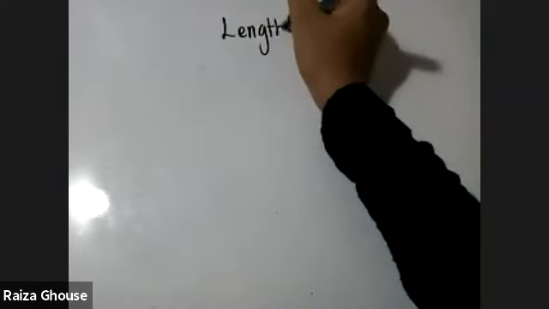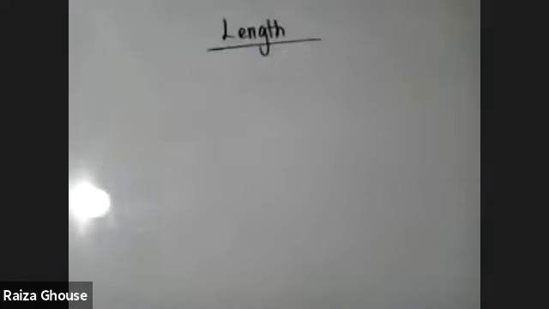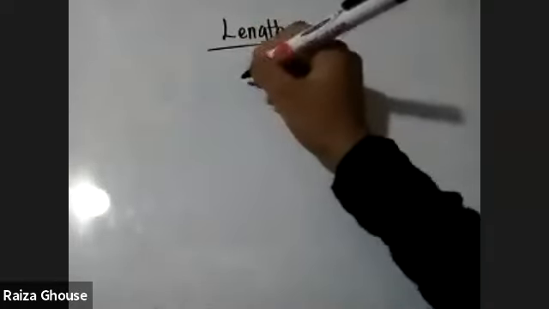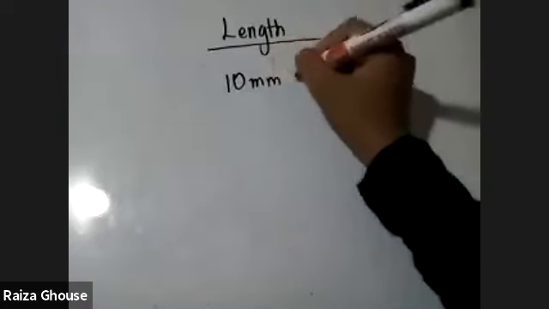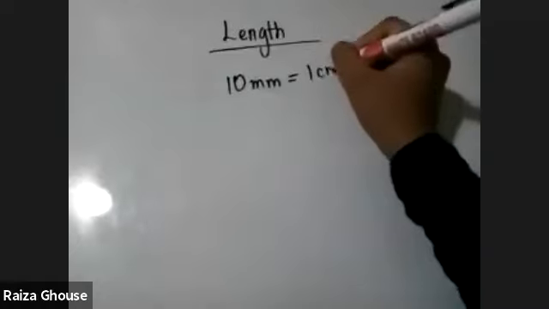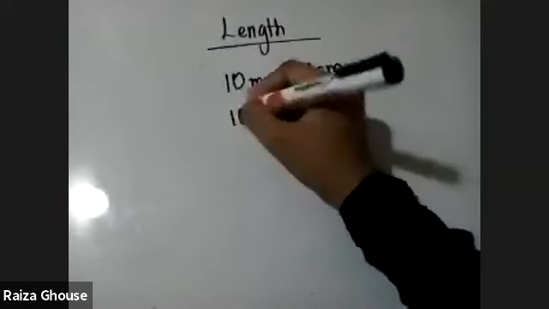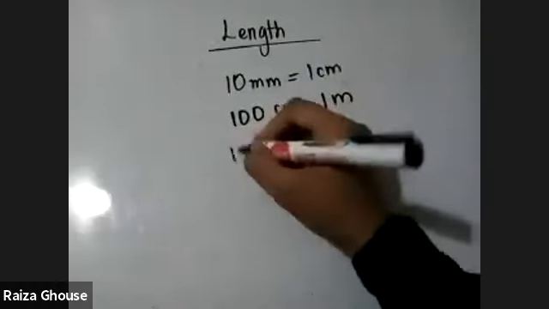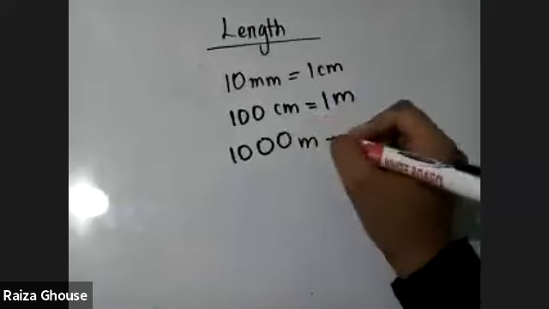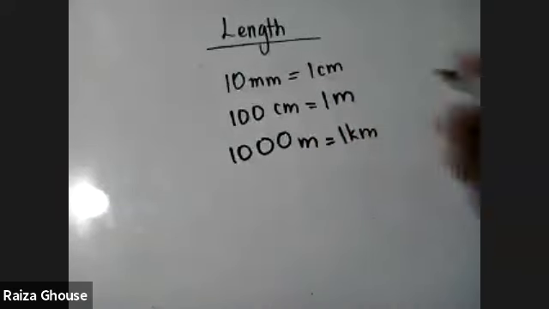So first of all, before I go to the lesson, I want to teach you the length measurements, right? The units used to measure a certain length, because perimeter is totally based on the length. The units are about the same units of the length only, right? For example, we can start from the basic millimeter. 10 millimeter is equal to 1 centimeter. You should know these things, right? 100 centimeter is equal to 1 meter. 1000 meter is equal to 1 kilometer.